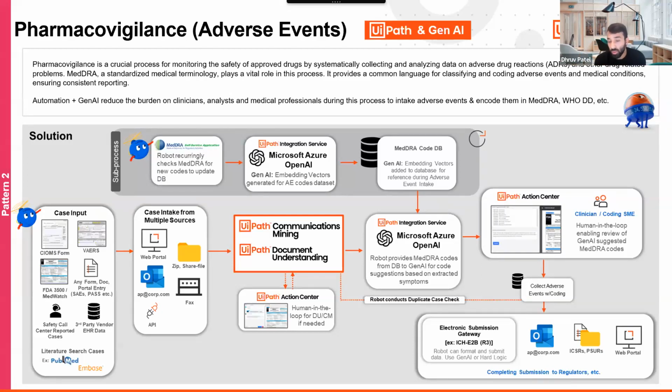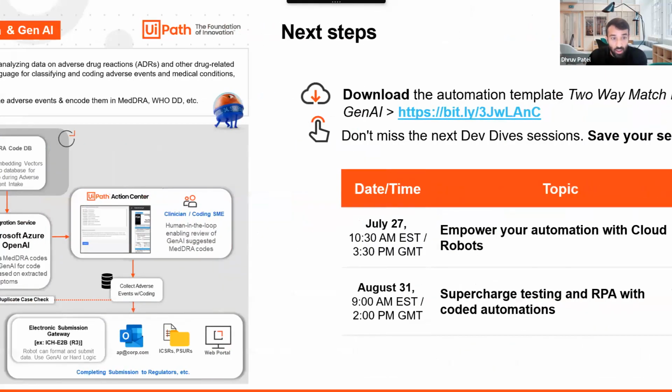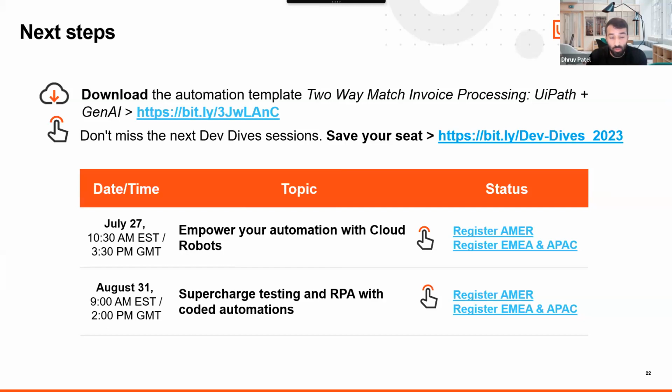The robot then, once it gets validated, can collect all that information, properly put it into the right format for submitting electronically, or even just emailing out the data or adding it to a web portal. So another example of how you can leverage generative AI within an automation to really complete an end-to-end complex use case. So hopefully, everything you've seen here today gives you some good understanding of where you can start,